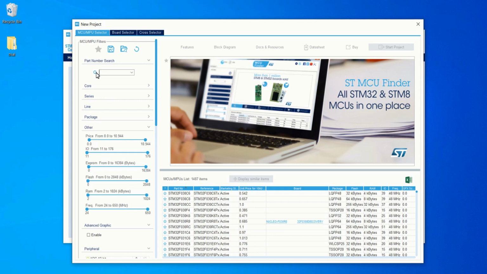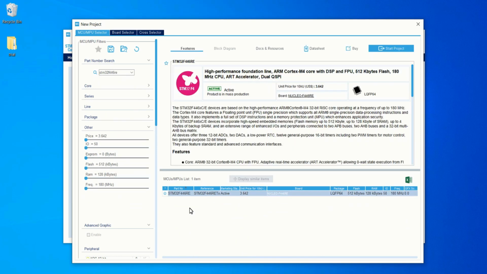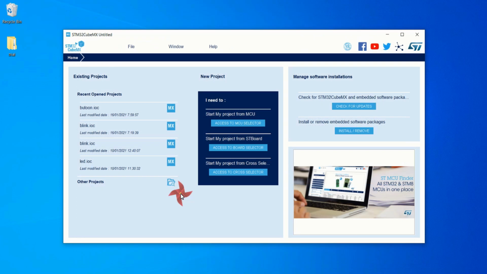In my case I am going to use STM32F446RE. I am selecting it as if I were using a custom made board, but I am using the Nucleo F446RE development board. Double click on this microcontroller name to select the microcontroller.